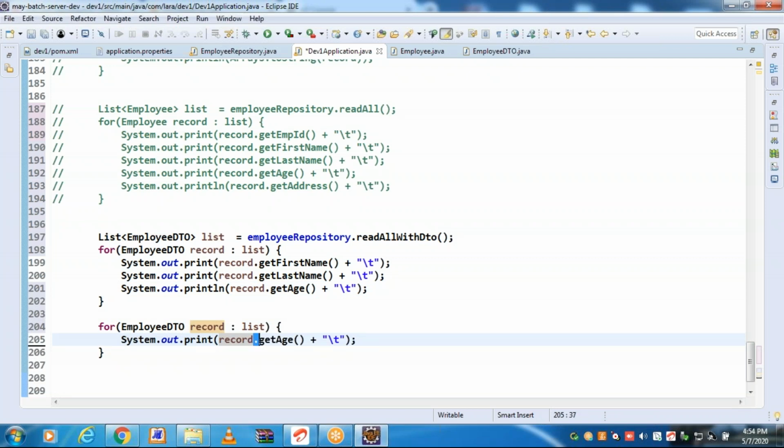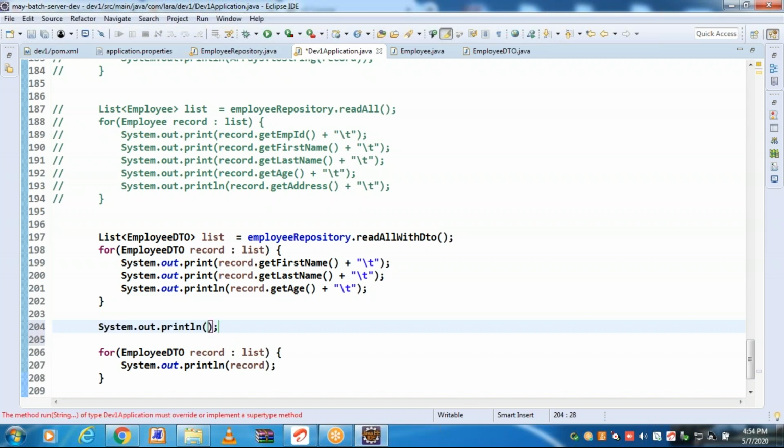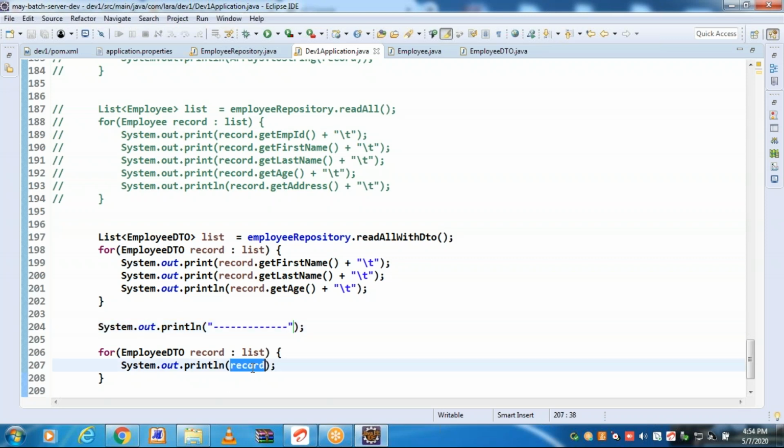Straight away, print the record with ln. We have a getter method and even we have a toString method. Both I am applying. When toString method will execute? Whenever we are printing a reference of the object, toString method will be executing.